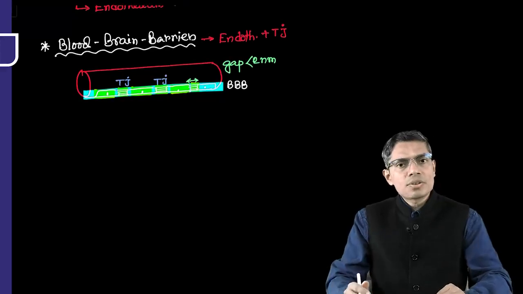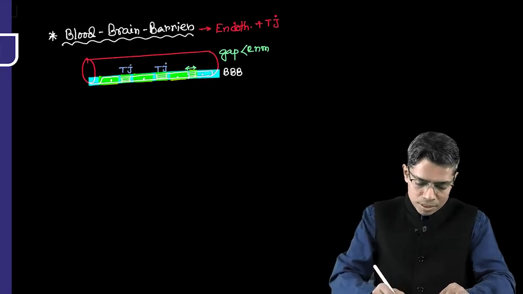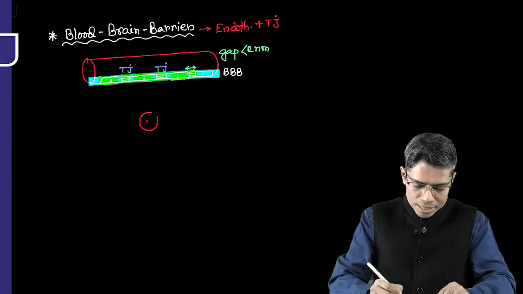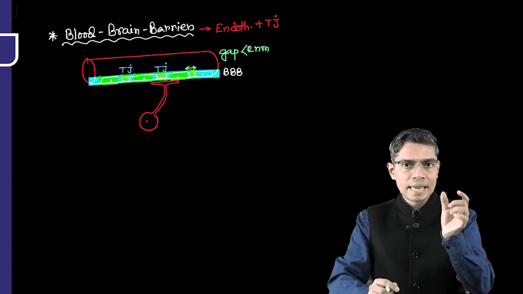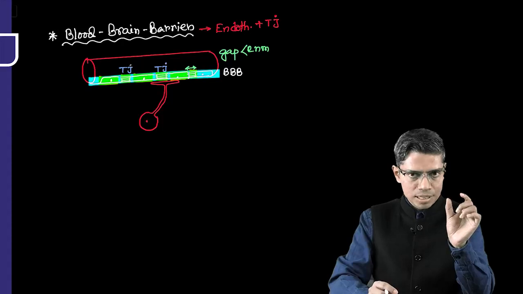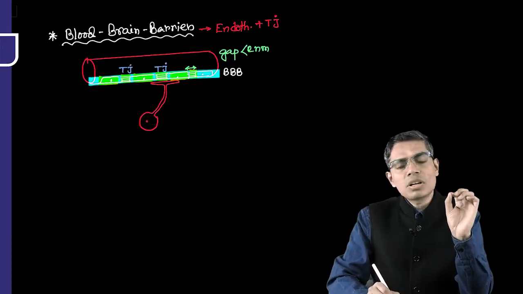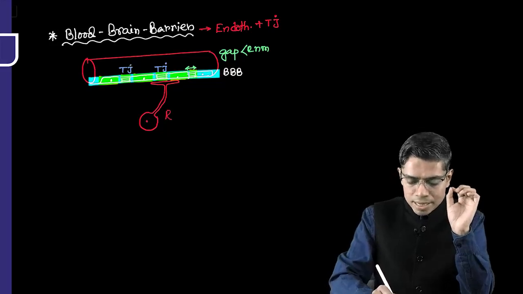So what is the role of astrocyte then? Suppose this is an astrocyte. Astrocytes extend their processes, and these processes are known as foot processes of astrocyte. These foot processes are located at the level of this gap, where the gap is present between two endothelium cells. But this foot process of astrocyte is structurally not part of the blood brain barrier,